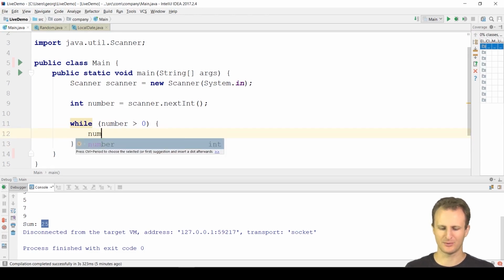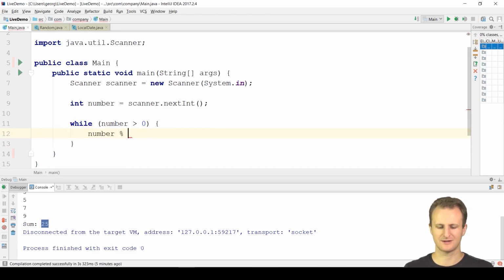We will tell the number to give us the remainder of that number divided by 10. What is the remainder of a number divided by 10? Well, that is the last digit of the number, because in our decimal numeral system, what happens